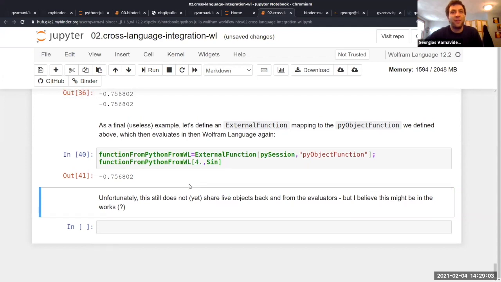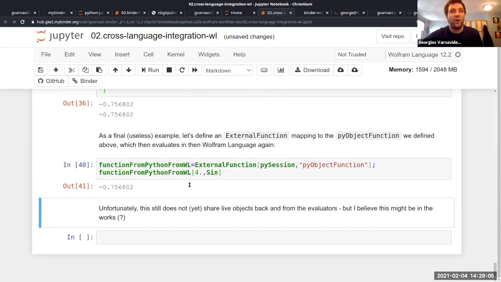Yeah, I think this is all I had. Unfortunately, I don't think as of yet this can have a callback function, like the Python session can't really call back to the Wolfram session, to have it say recurse with the same function, like a Fibonacci sequence calling itself in the other language, which would be neat. But